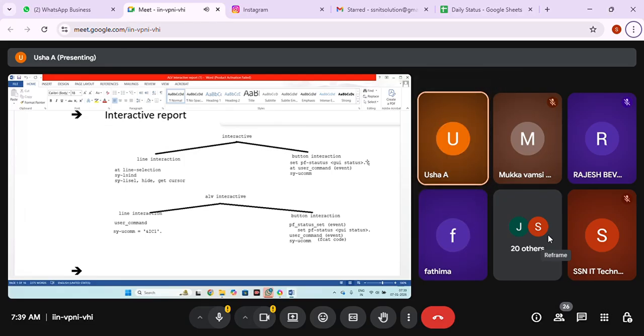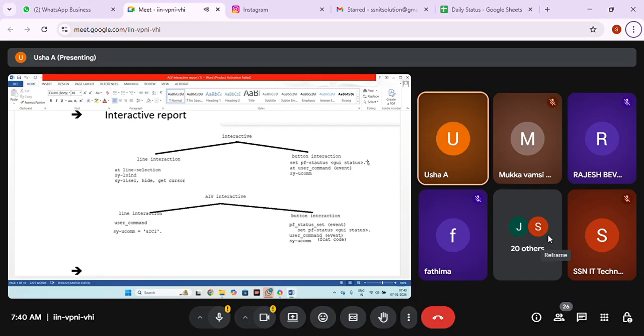No, ma'am. Okay, then we are going for the ALV interactive report. So what is this ALV interactive report? It is the same interaction: the user's action on our screen, and then we do some more display or something. That is called an interactive report. They can select on a line or they can select on a button, then we do some action. That is called an interactive report.